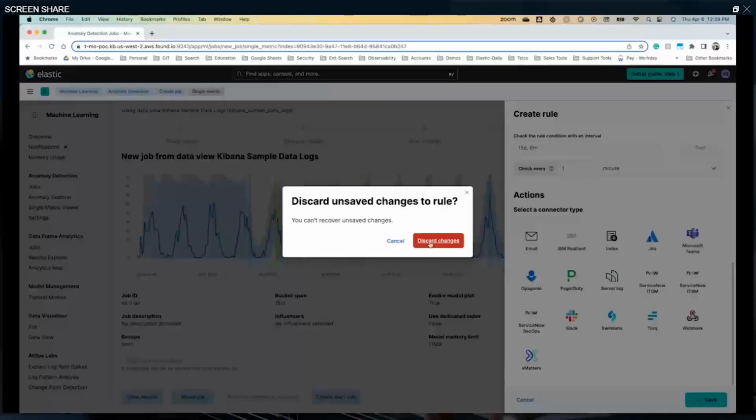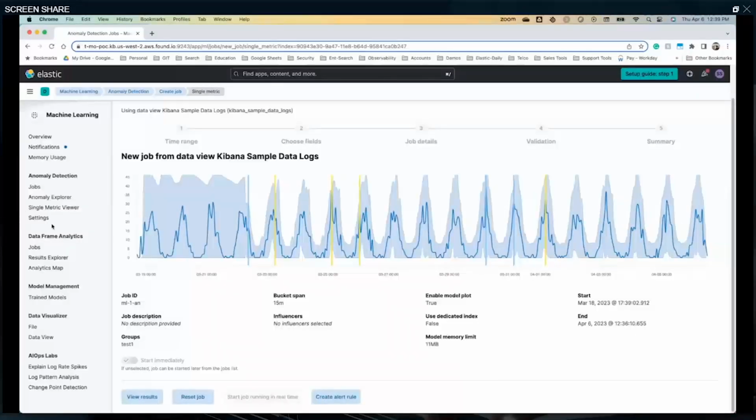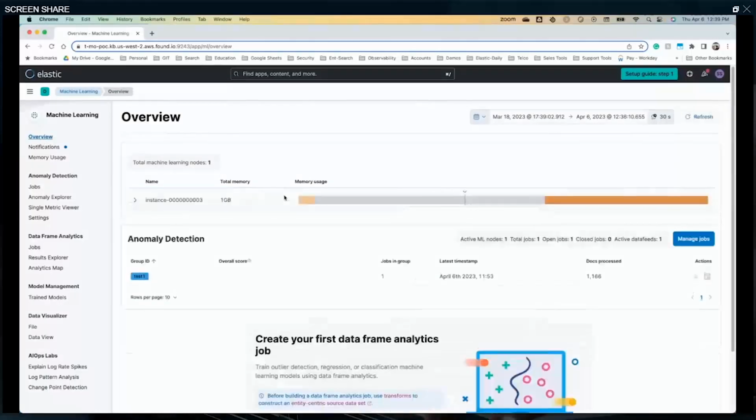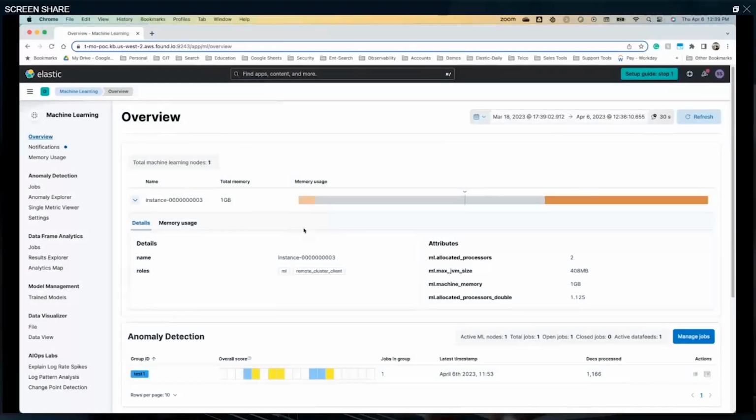So now I created one machine learning job. Let's see how much memory it's consuming at this point of time. So I can see that this is the machine learning, right? I can see how much it's consuming here. I have one job, and the total memory on this particular machine is only 1 GB. Okay, and I can see that the JVM has taken about 400 megabytes, and then the memory available for the machine learning job is 576 megabytes in total, right? And this one particular job is taking only 40 MB out of that.